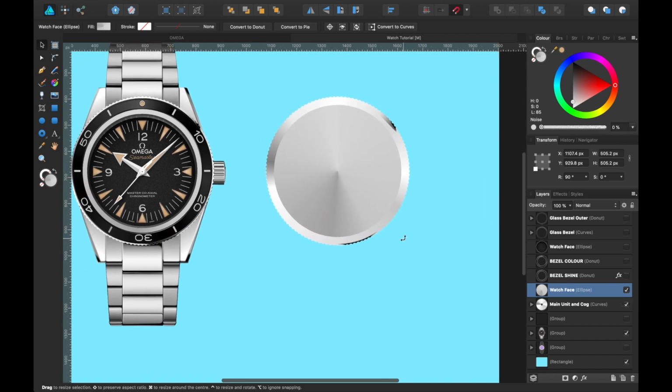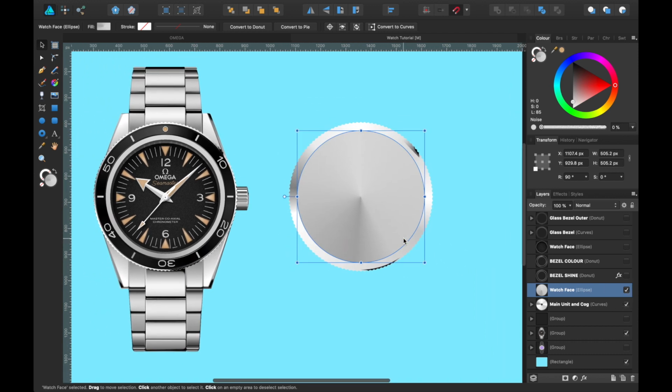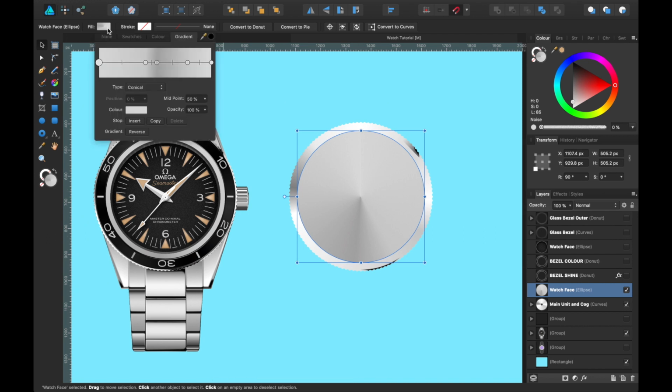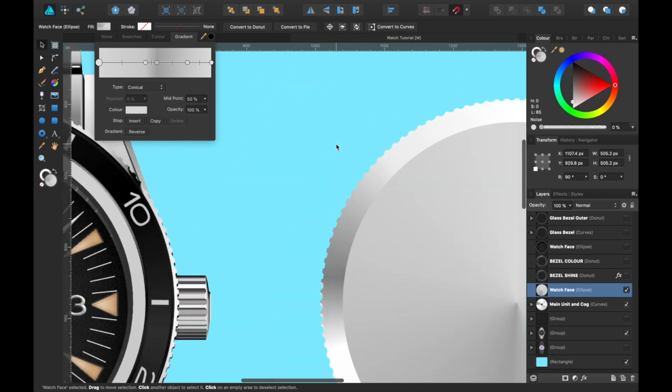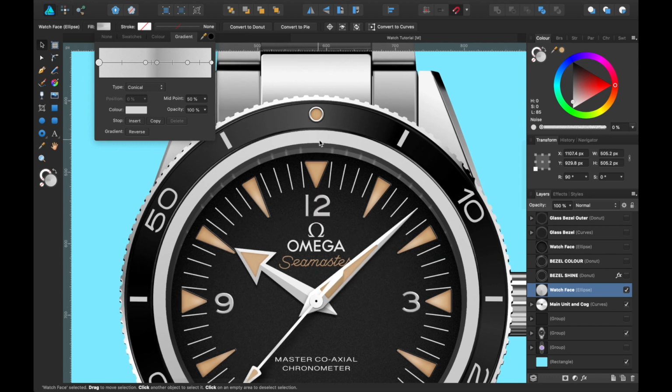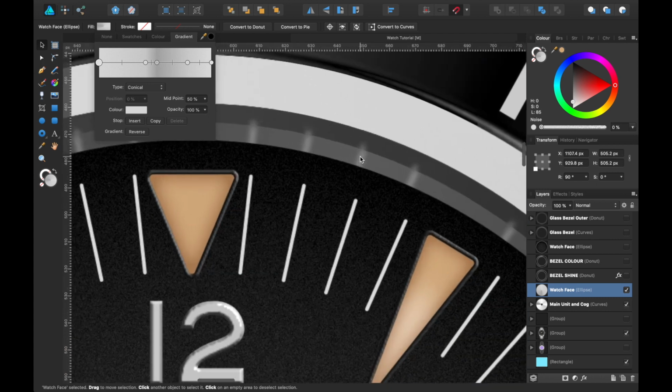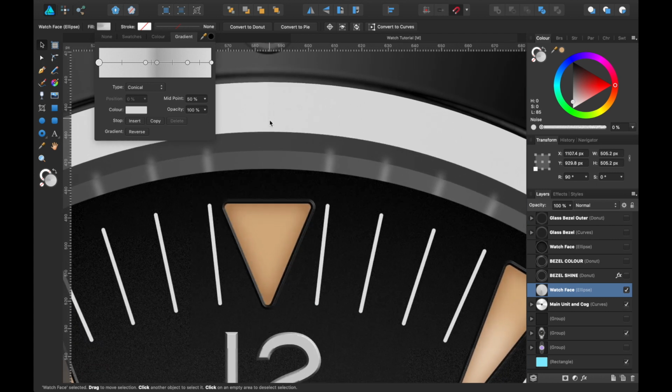the layers panel. And here you can see on this one I've added a fill again, conical. You can see there's a bit more of a line here, a definite line. Doesn't seem to show up so much on here. I could change it, but unless you were going to zoom in this far, you wouldn't see that definite line.